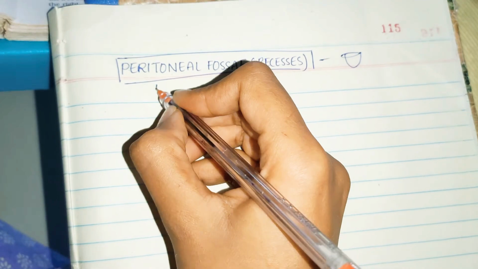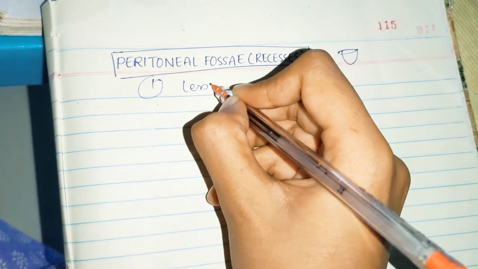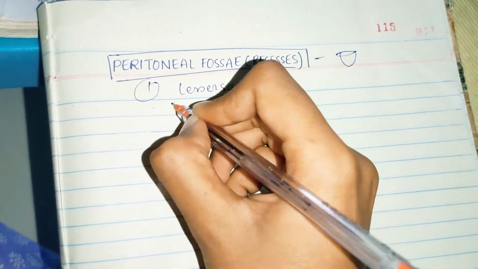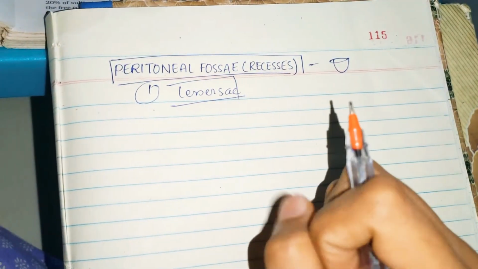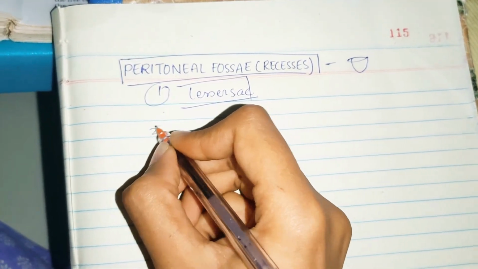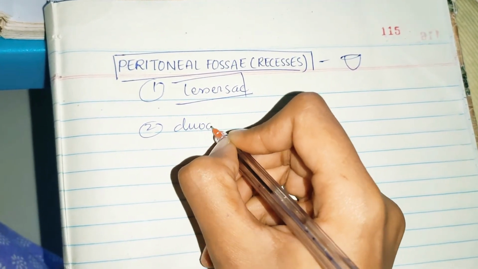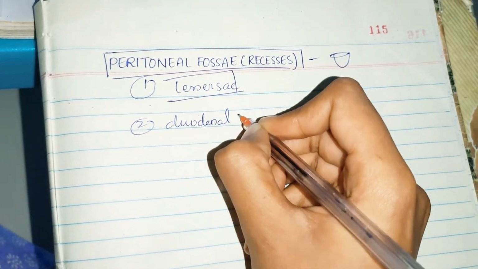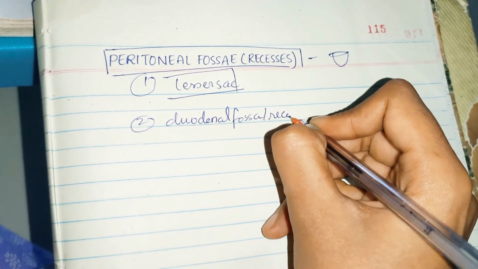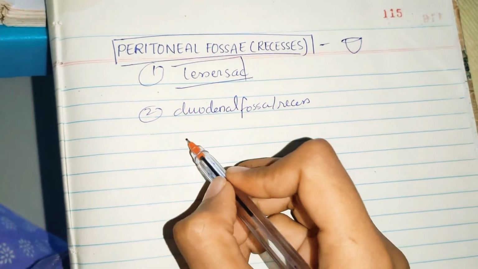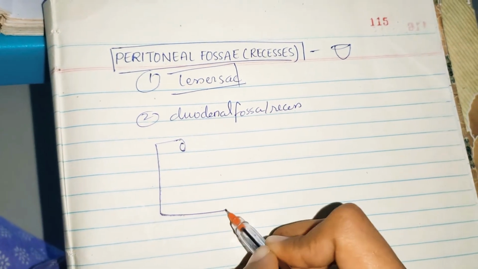So the first peritoneal fossa or recess is our lesser sac. If you remember, in previous videos we talked many times about the lesser sac. This is also a pocket-like structure. Next we have the duodenal fossa or recess. In the duodenum there are also some duodenal fossas, or you can say recesses. So what are they? For example, if you draw the duodenum like this,